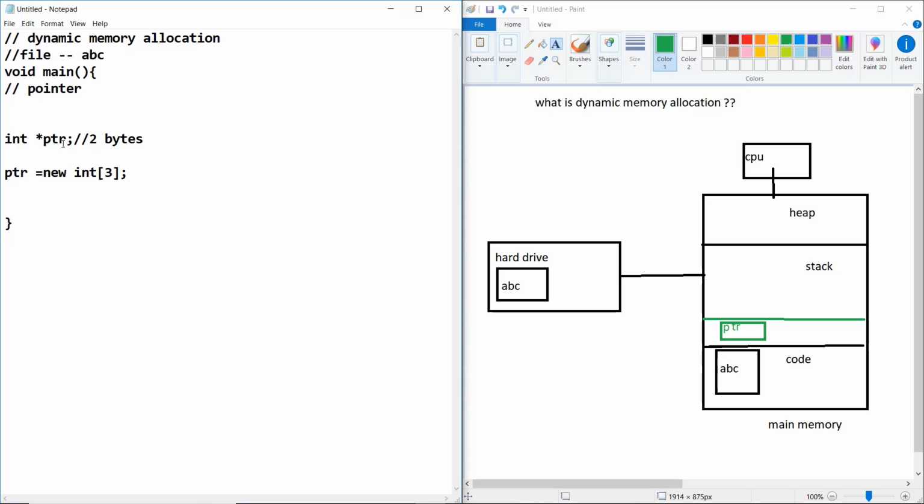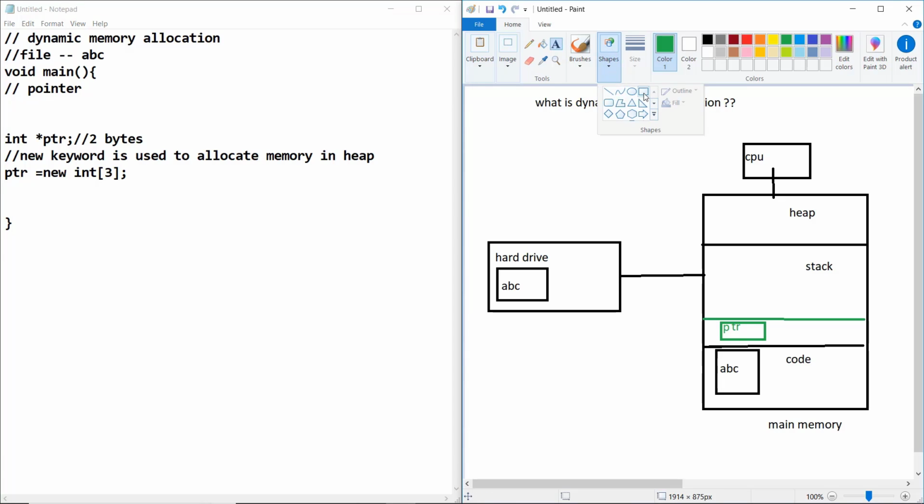The new keyword is used to allocate memory in the heap. It will create a memory block holding 1, 2 and 3.